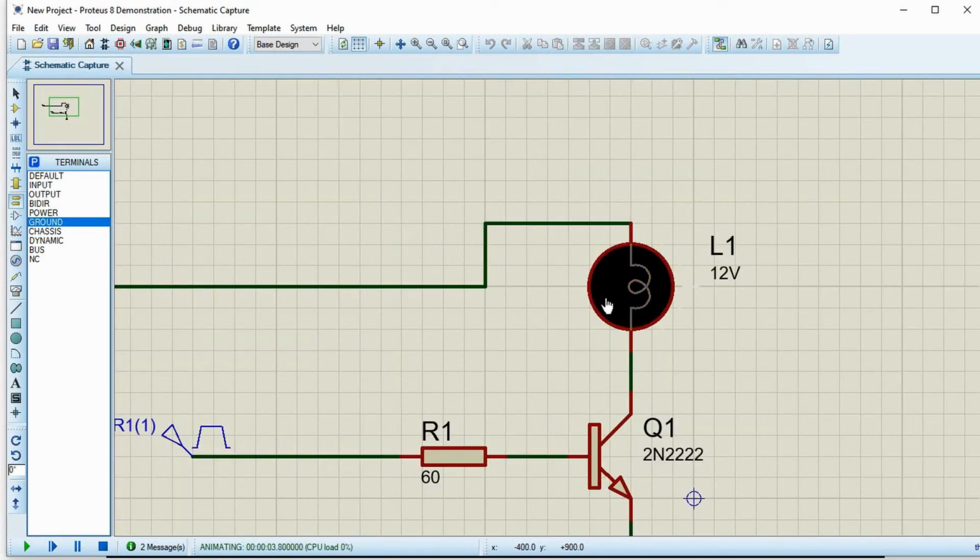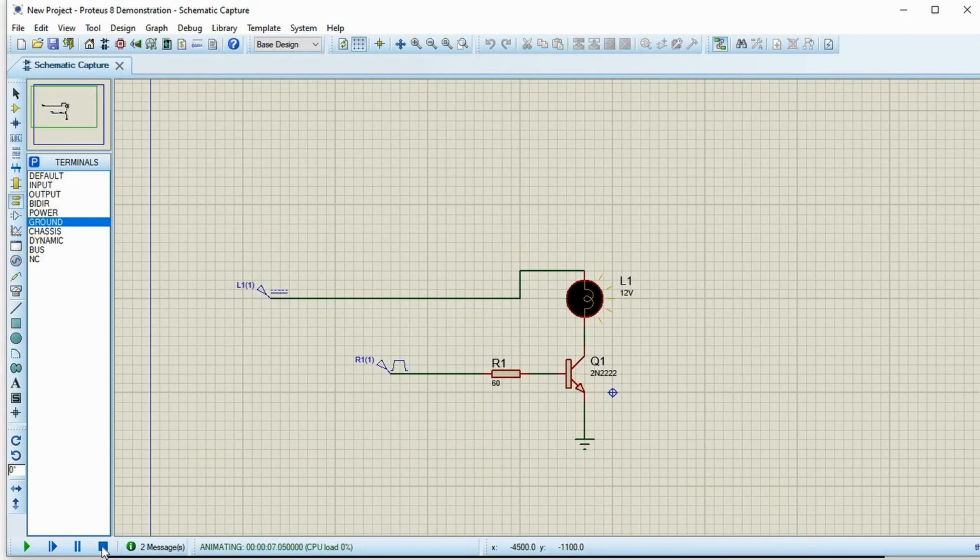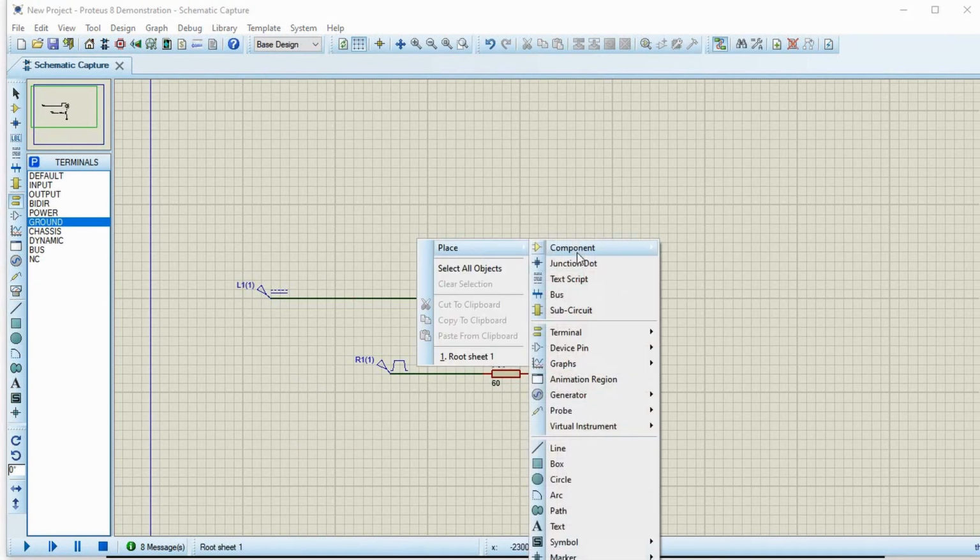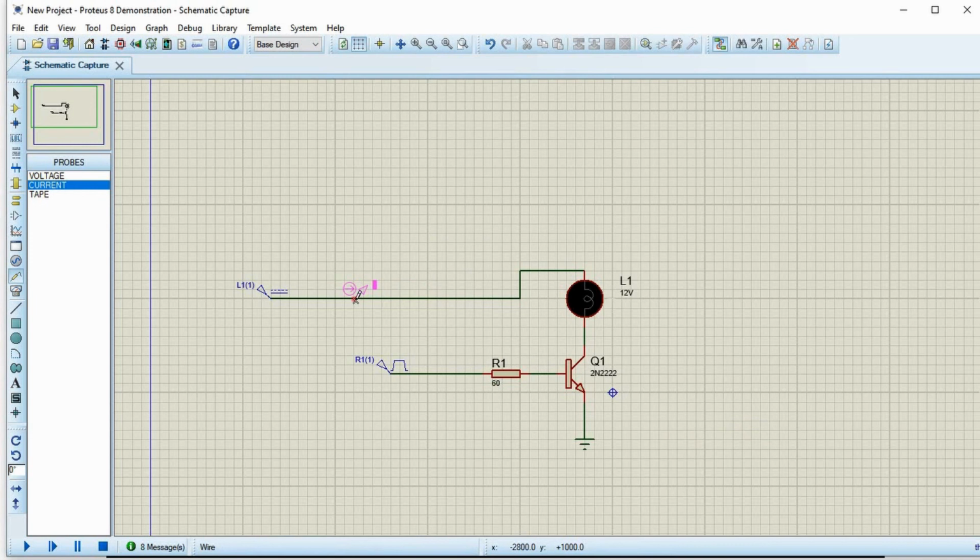See, this is turning on, turning off. Let's check out with the current probe and see what happens. If you see, maybe I'll be able to pause when it turns on.